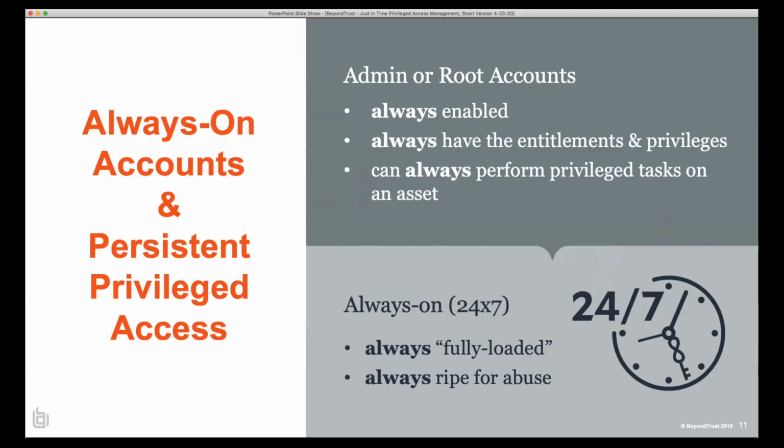Now, let's first consider the concept of always-on accounts or persistent privileged accounts. There's a variety of terms that the analysts will use, but we're really talking about the same thing. These are admin accounts. They could be domain admin, they could be local admin, they could be application admin. You might even find them in a DevOps automation routine. They're always on. Now, they may be managed by a password manager where the password is constantly cycling, but they are still always on. They're still available if you know the proper challenge response to use them. They always have the proper entitlements, privileges, permissions to do the task if you are able to use them.